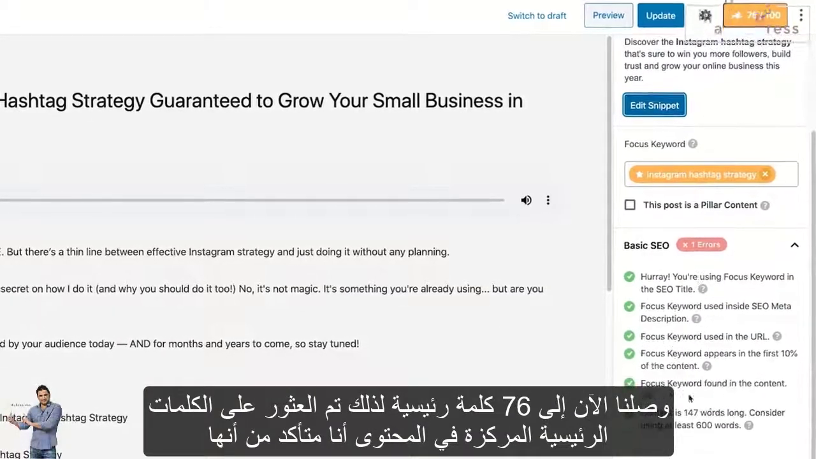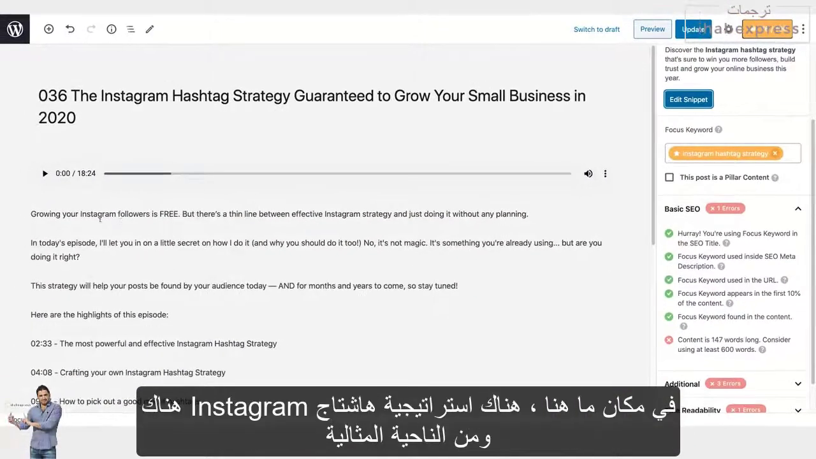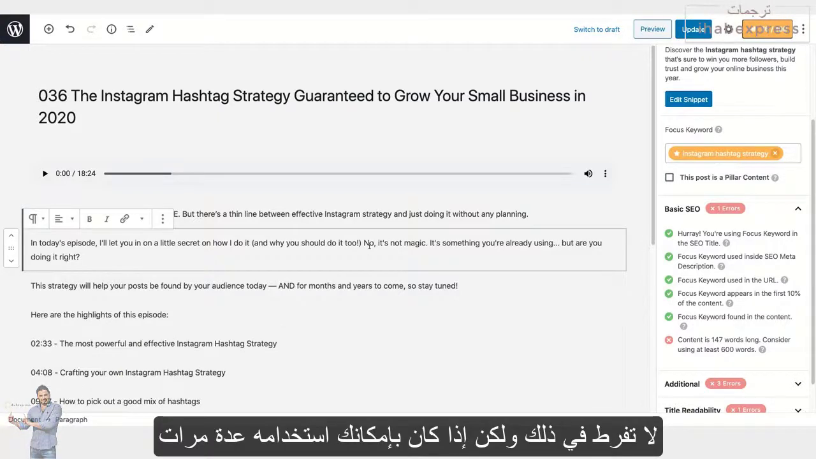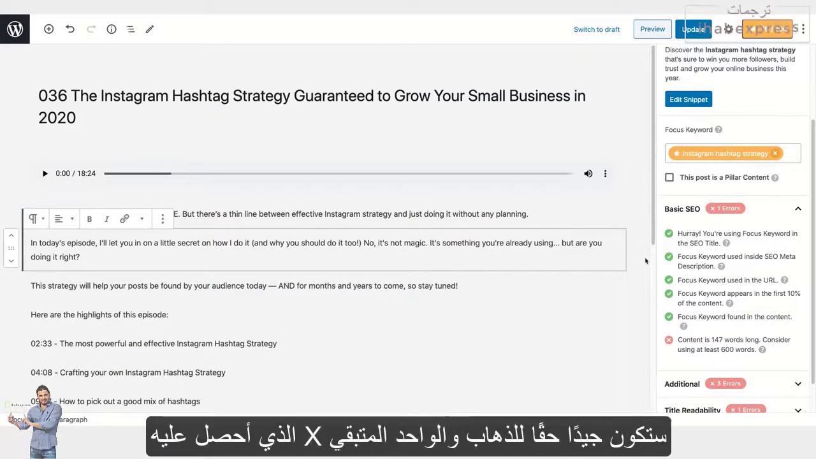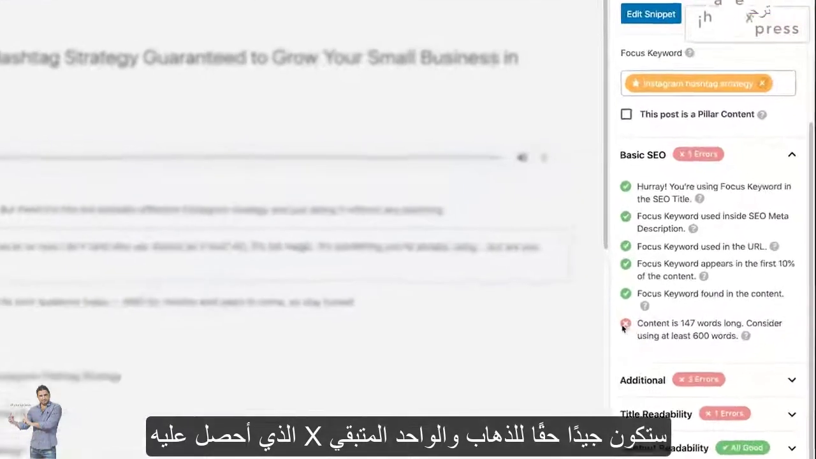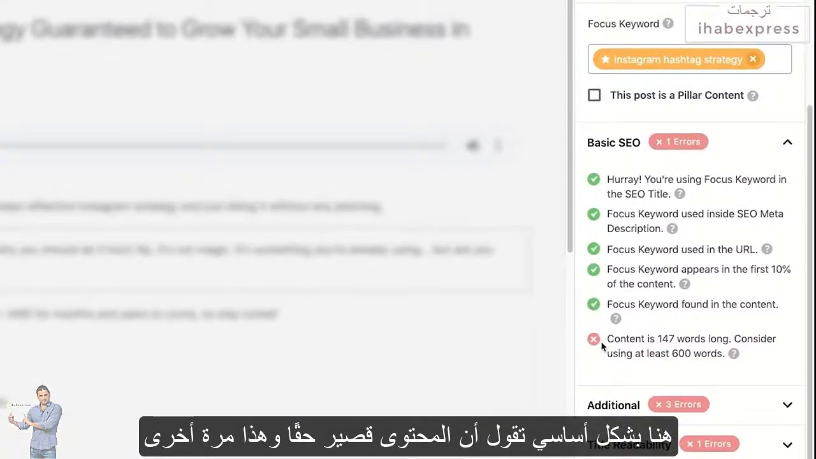So focus keyword was found in the content. I'm sure it's somewhere in here. Yep, Instagram hashtag strategy right there. And ideally speaking, you probably want to use it a couple times in the body. Don't overdo it, don't overstuff it, but if you can use it a couple times, you're going to be really good to go. And the one remaining X that I'm getting here is basically saying the content is really short,